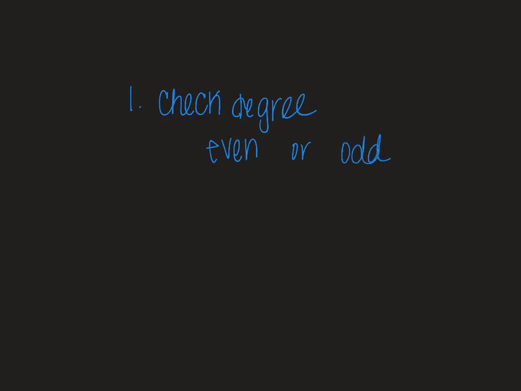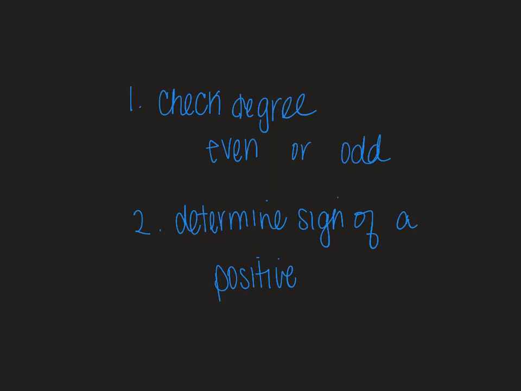So we said that first thing we had to do, check degree. And that meant, is it even or odd? Then, after you determine the degree, you need to determine the sign of a, right? If it's positive or negative. Those are the two things you need to reference. So first the degree, then your a. So let's look at the